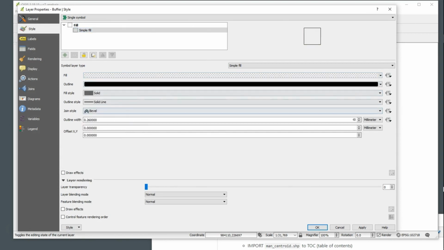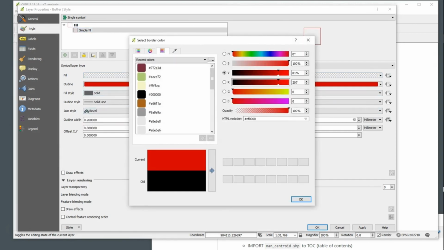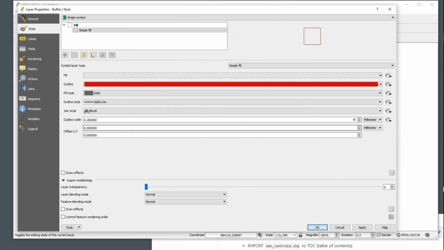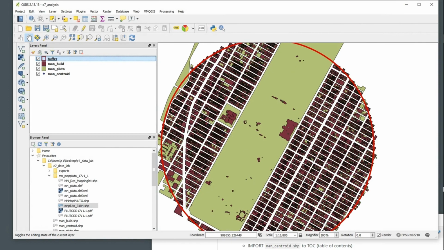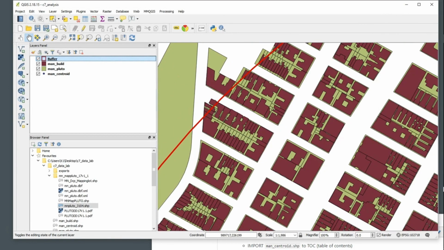So I'll make my fill transparent. And the line, let's make that red. And we'll bump up the width. Okay. So what we have here, if we look closely, is a selection of both the parcels and the buildings, Manhattan Pluto and Manhattan Build. That selection is within 1 mile. But as the selection takes place, it's selecting everything that intersects or touches that 1 mile boundary, or the red